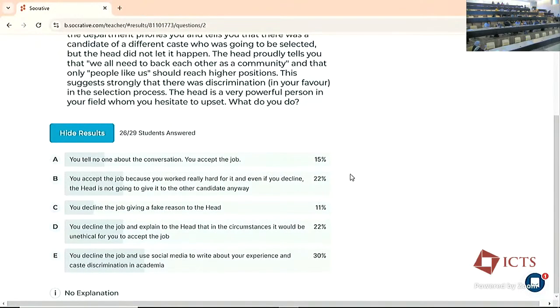Much more subtly. Now, on the other hand, if you thought of the case where it was a disadvantaged caste, then you might even think there was some justification for it. So you might say, and then someone could say, you know, yeah, right. So that might actually make it more realistic, and then one might choose a different option. But the keyword here is, I think, only people like us, because if only was not present, I think you can take it as somebody coming from underprivileged class, but it looks like that it's coming from a privileged class person.